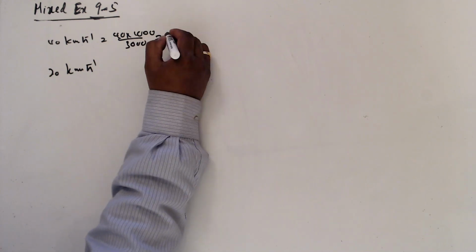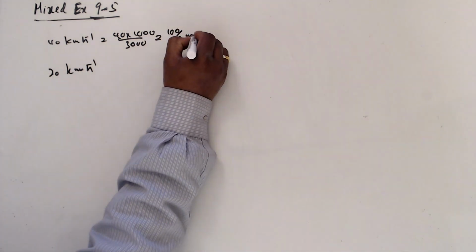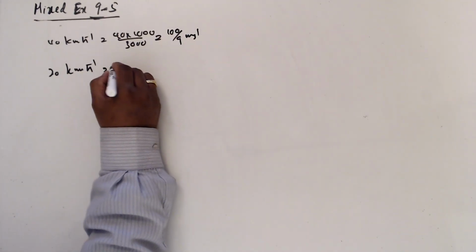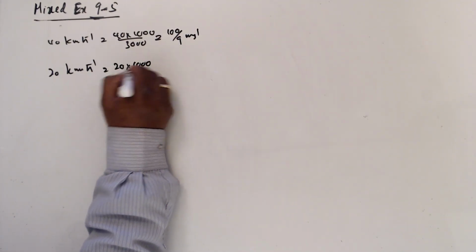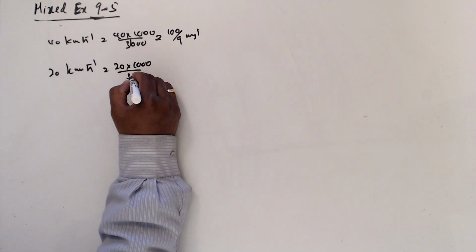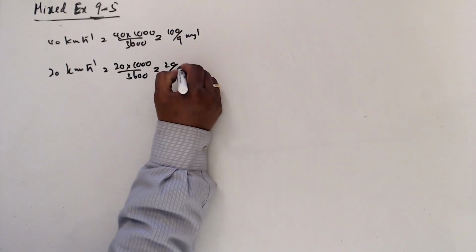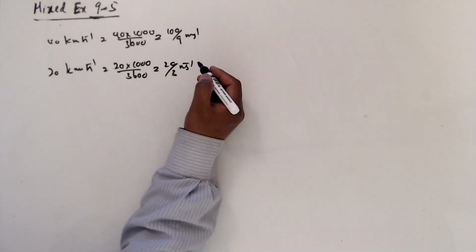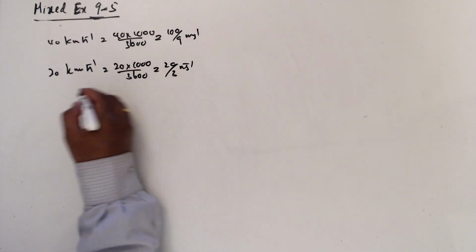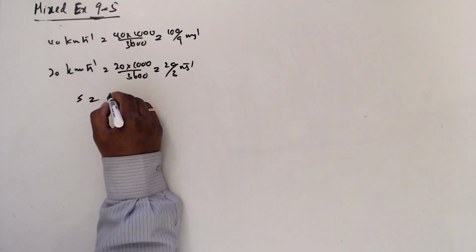So this is going to be 100 over 9 m/s, and this is 20 times 1000 divided by 3600, that is 20 over 3 m/s, and the traveling distance in between is